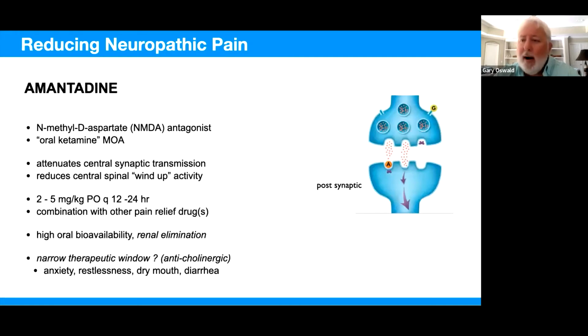It's got a much more narrow dose range, 2 to 5 milligrams per kilogram, once to twice a day in dogs or cats. It is a drug that we kind of initially were tepid in our use. We were concerned about side effects and maybe somewhat of a narrow therapeutic window. That really hasn't come to fruition. The good news is most of our patients in this dose range will tolerate